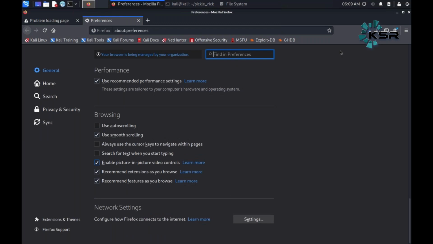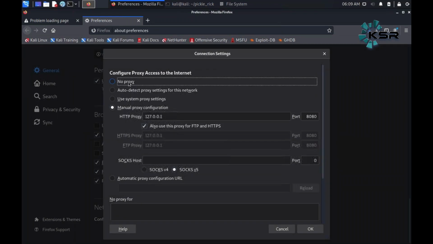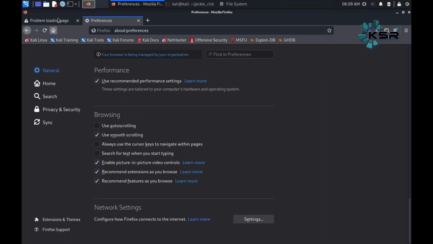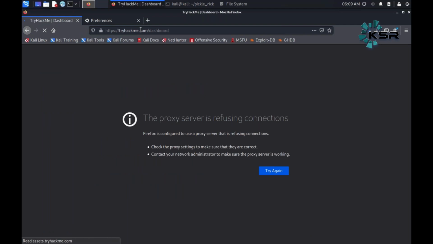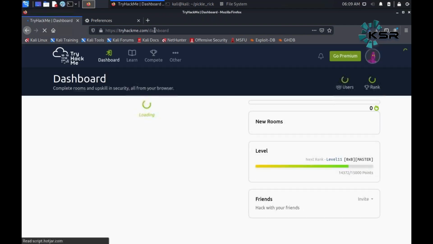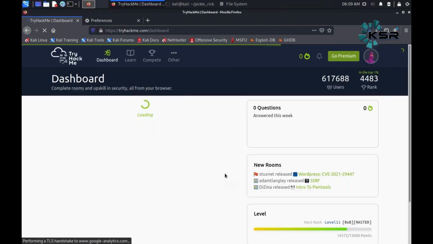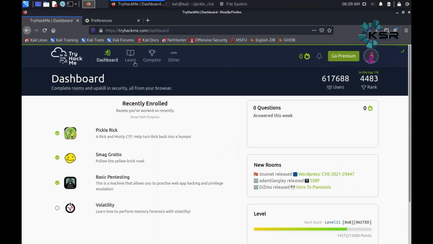So you go here, you first remove the proxy. So you go to TryHackMe. This is a free website, guys, which you can use to understand cybersecurity based concepts.